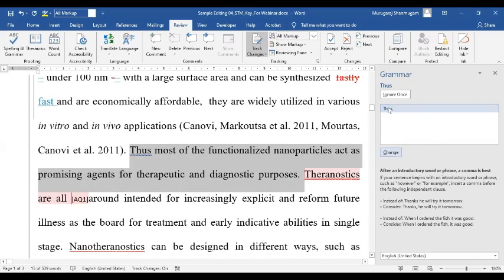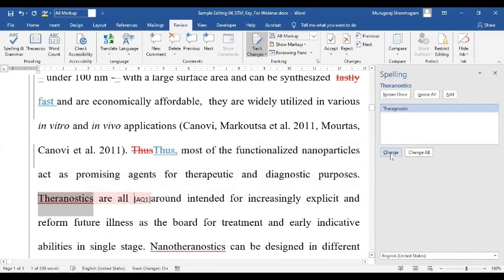You can see that again, there is a recommendation to insert an introductory comma. And theranostics is a word that is not part of the Word's custom dictionary. So Word thinks that it is a wrong choice. If you're not sure, you will simply copy it and then look up a dictionary of your choice. It could be Oxford Dictionaries or Merriam-Webster or any other dictionary recommended by your customer. If your customer doesn't have any preferences, follow the standard dictionaries for the appropriate language.